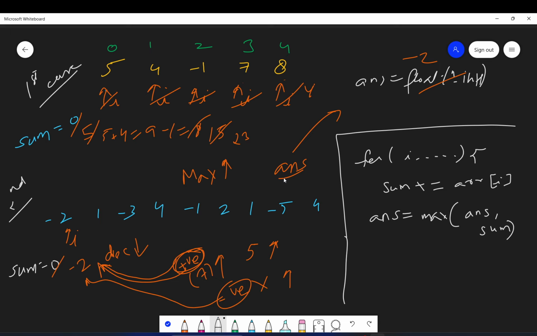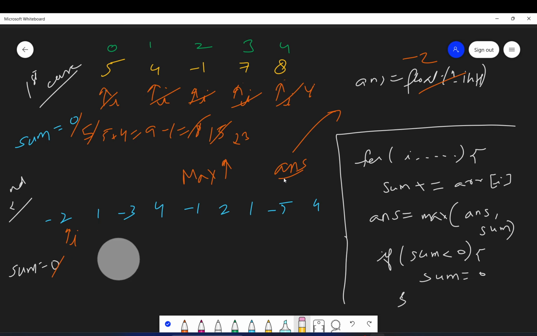So what we will do here is have a check that if sum becomes less than 0, then just reassign sum to 0. Okay. So in that case, what will happen? We have minus 2 here, right? Since minus 2 is less than 0, we will update it to 0. Now we'll move forward. We get 1. 1 is greater than minus 2, so answer will be updated. We go forward. We get minus 3 plus 1, which is minus 2. So minus 2 is again less than 0, so we'll update the sum to be 0.